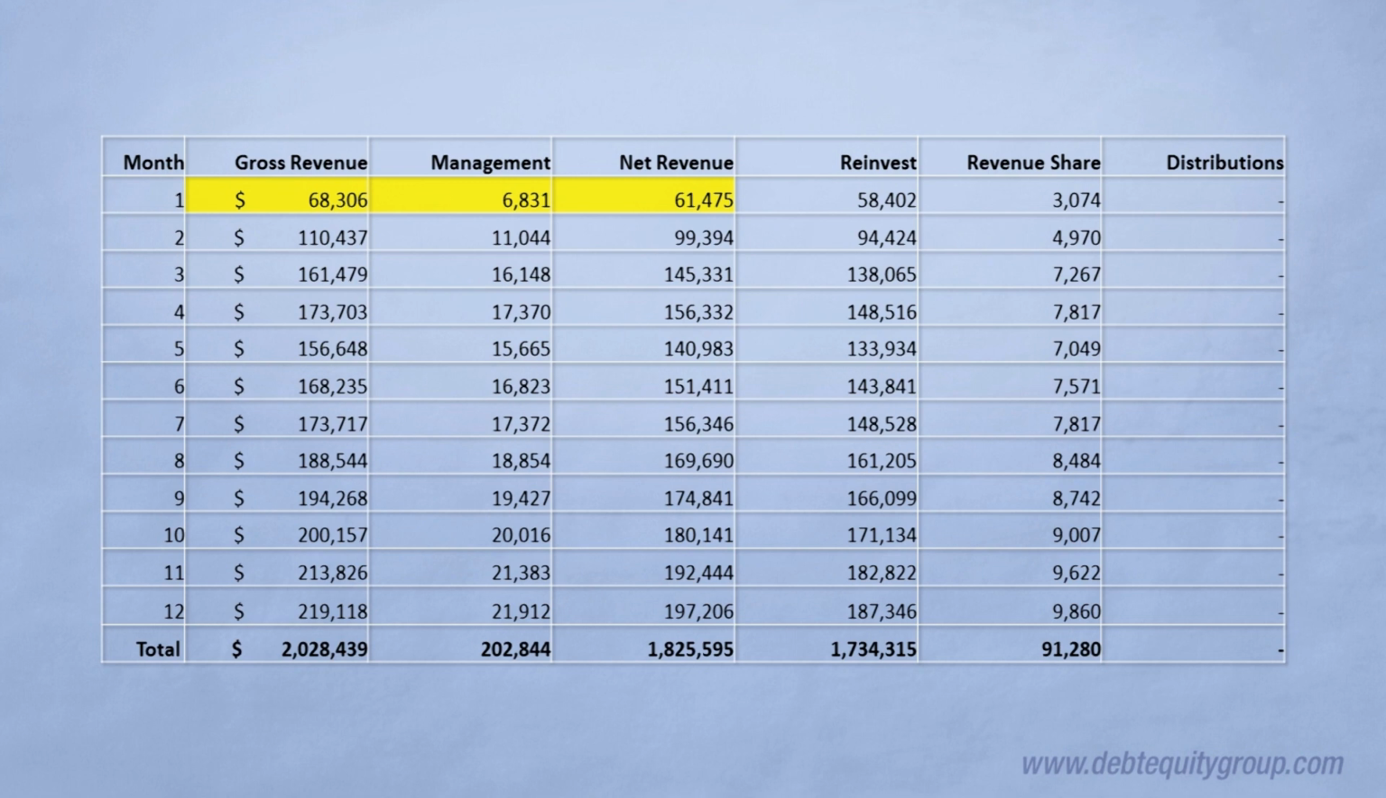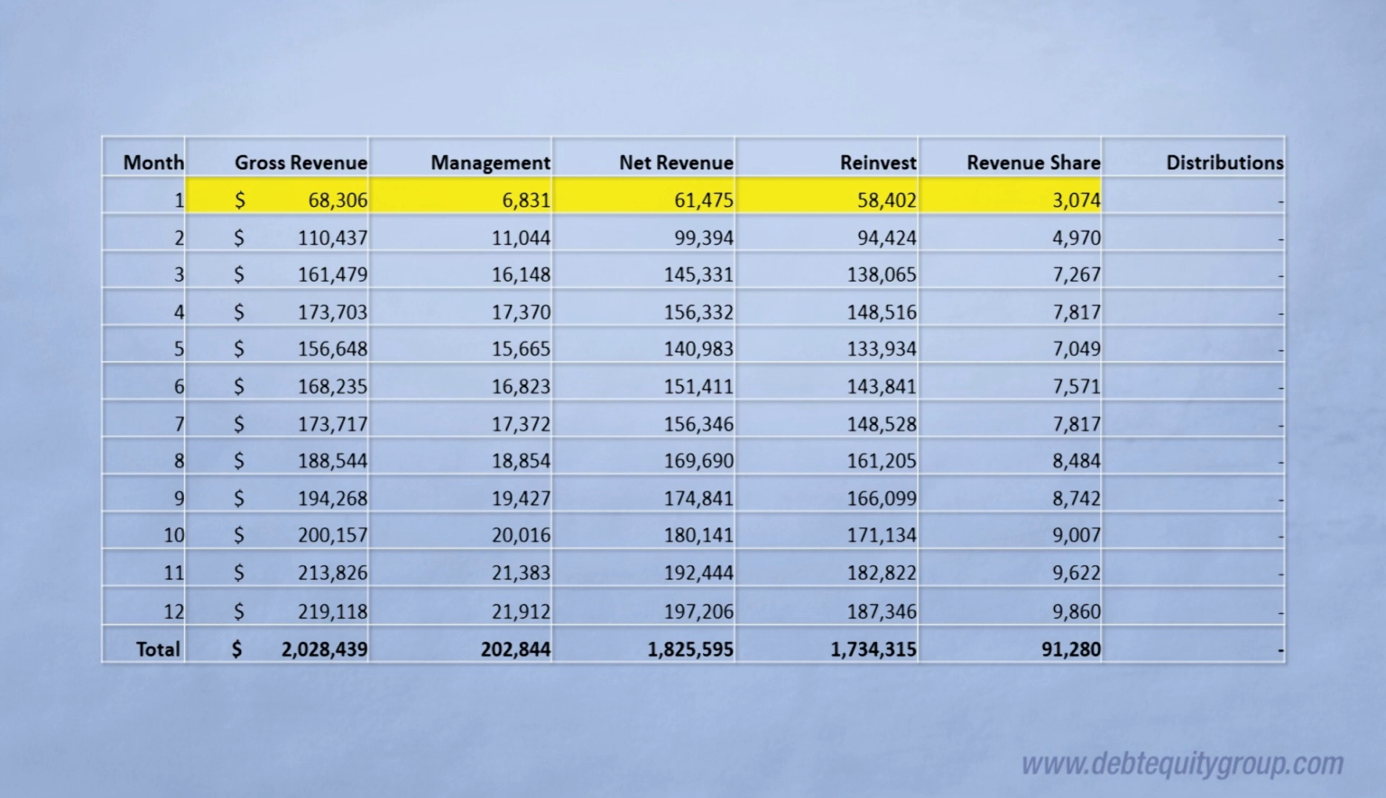Now we have a decision to make here. Distribute the funds to the buyer or investor, or reinvest into more inventory to collect on. In this presentation, we've chosen to reinvest 95% of our net revenue and distribute the other 5%. Keep in mind, all of these figures are movable and can be adjusted to reflect the goals of the specific